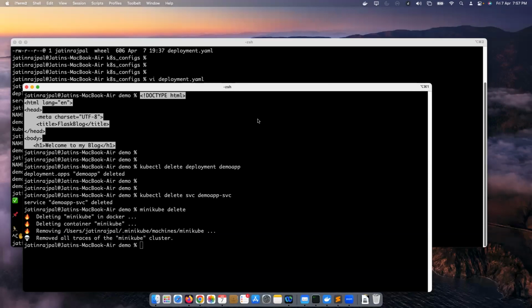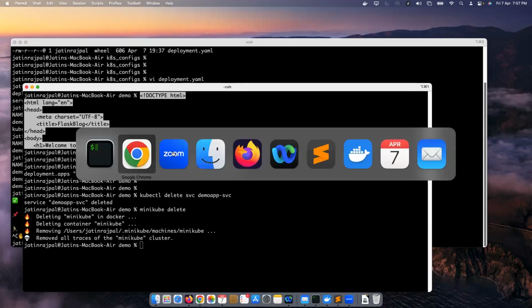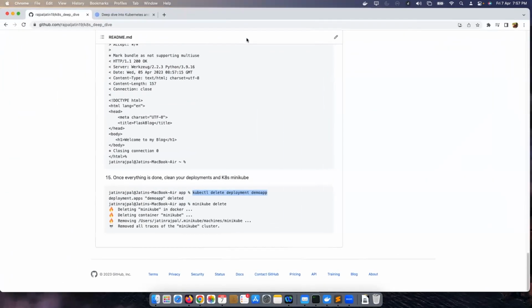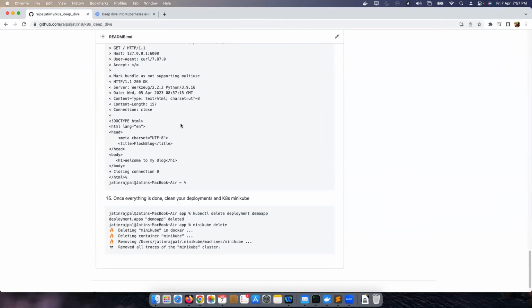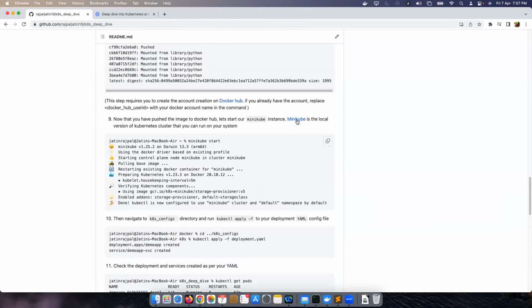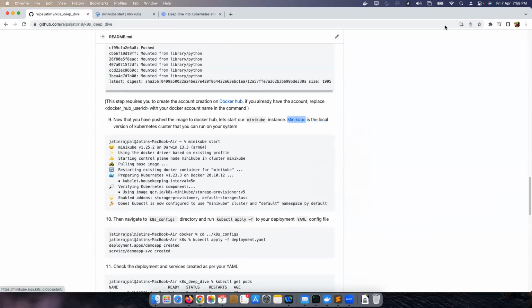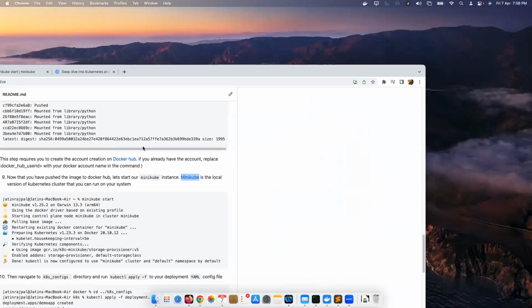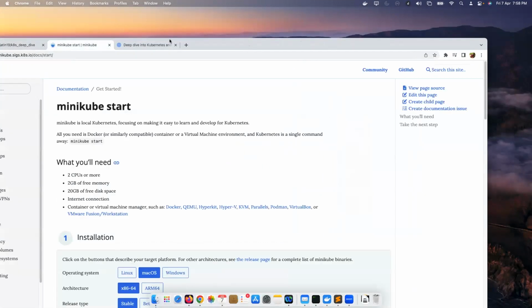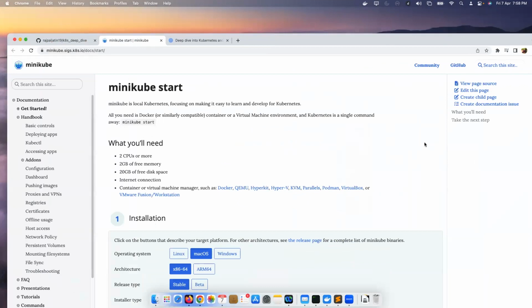Is Kubernetes open source? Yes, it is an open source tool. How can it be accessed? You can always deploy Kubernetes like I did, with Minikube start. As a prerequisite, you can refer to the Minikube documentation, which is linked on my GitHub. You can go there and through that, you'll be able to deploy Kubernetes, at least for your learning. That answers your question on how it can be accessed.